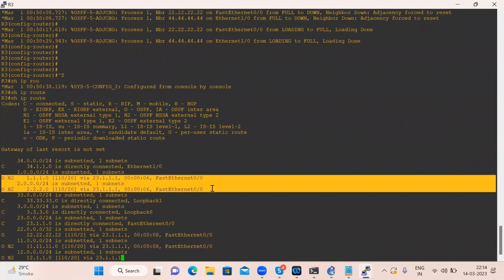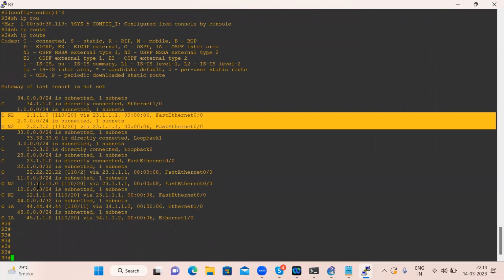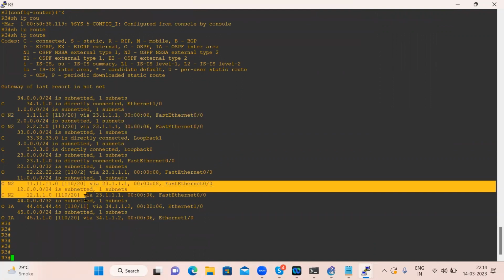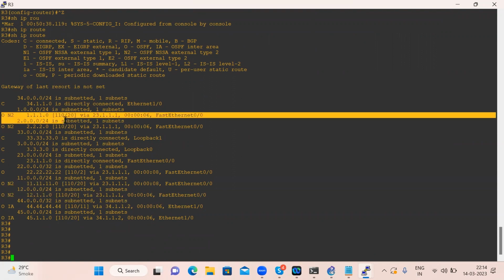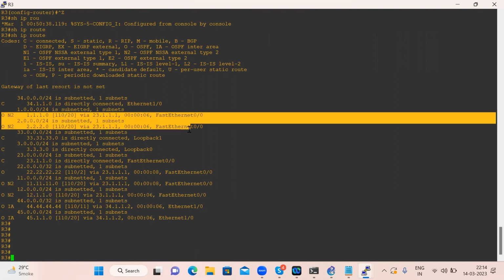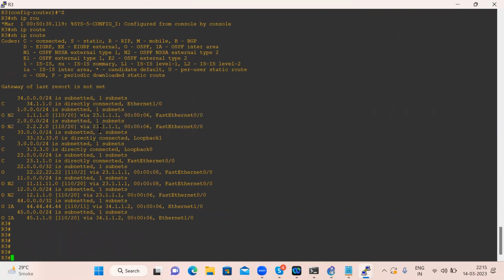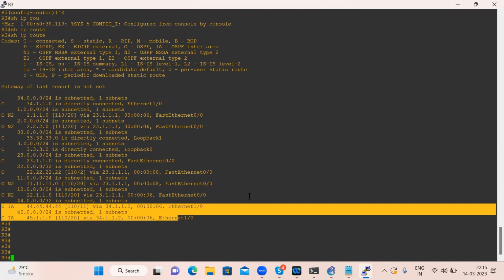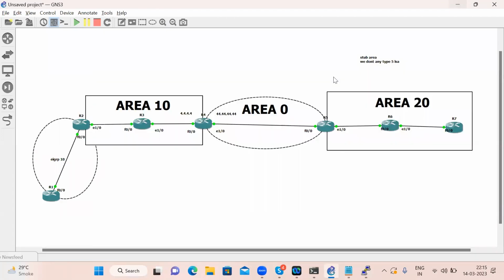Now there is no more type 5 LSA in this area. See, these are the networks, ON routes. Is it or not? Here you can also see OIA. If you want OIA to not be there,